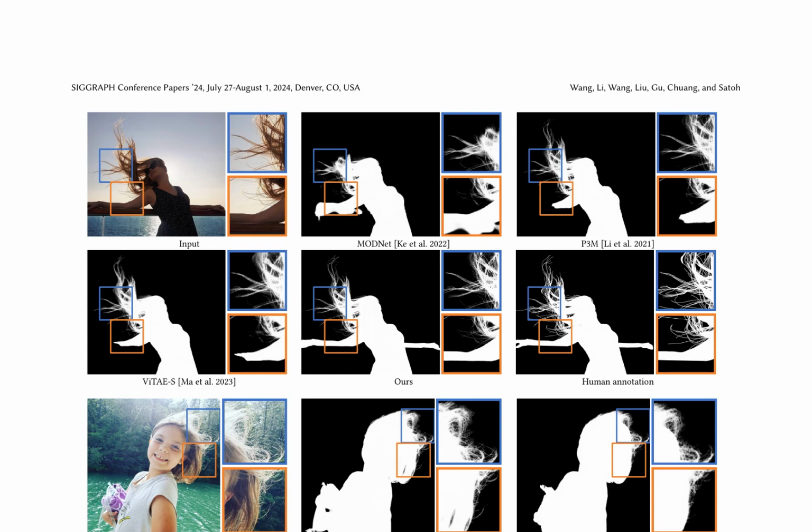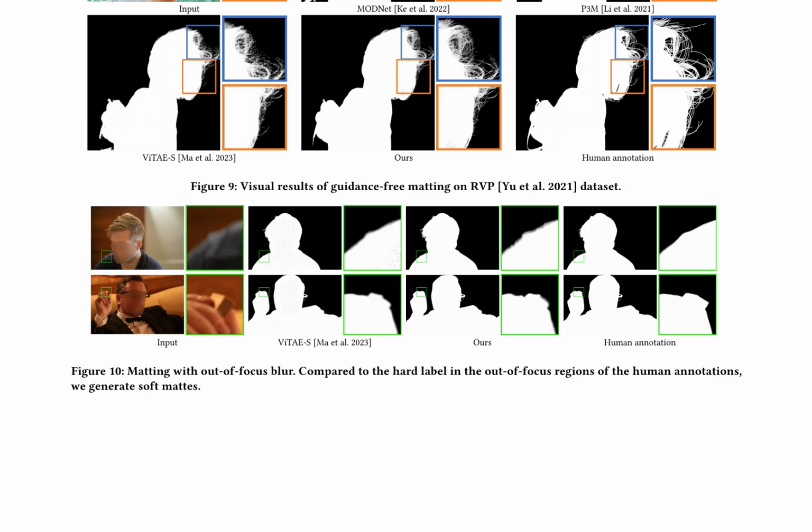The paper provides a comprehensive review of the literature, including over 50 references to existing methods and techniques. The authors also provide detailed explanations of the mathematical concepts and algorithms used in their approach, making the paper accessible to researchers and practitioners in the field. Overall, this paper presents a significant contribution to the field of image matting, providing a novel approach that combines the strengths of traditional and deep learning-based methods. The results demonstrate the effectiveness of the proposed method, and the paper provides a comprehensive review of the literature and